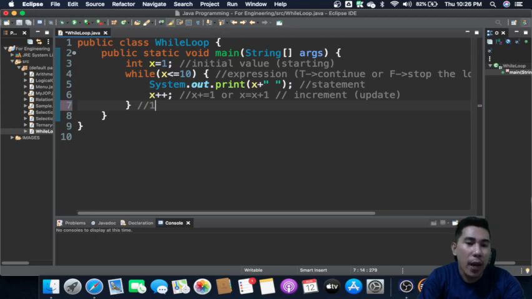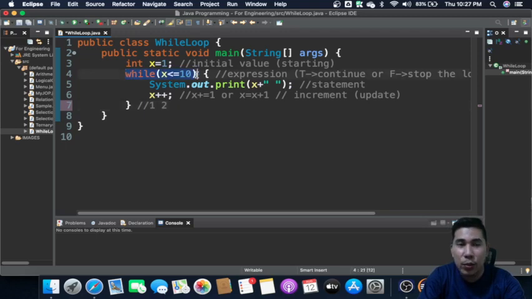You start with one, and then it displays the value, which is one, because that's the first value of x. And then after it displays the value, you have the increment or the update of x. The update is incrementing by one.